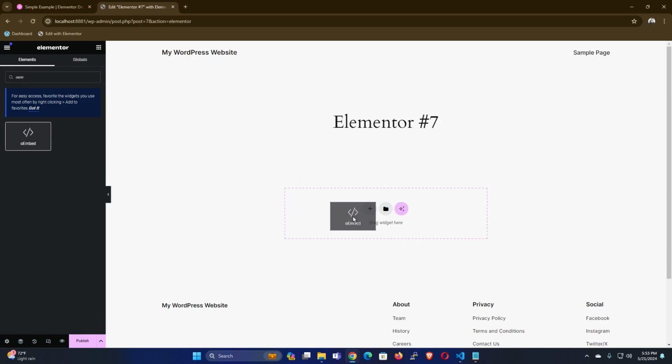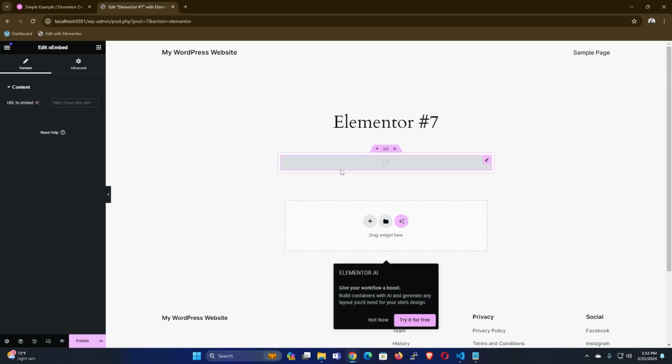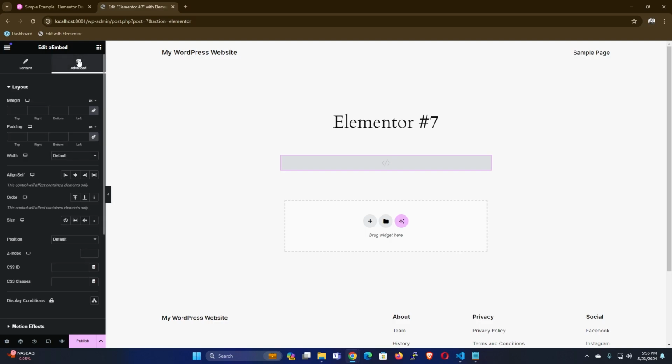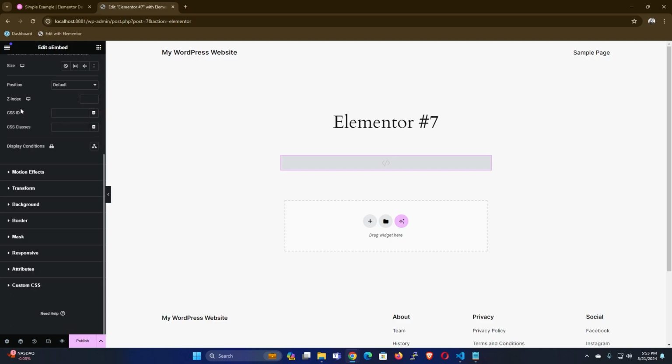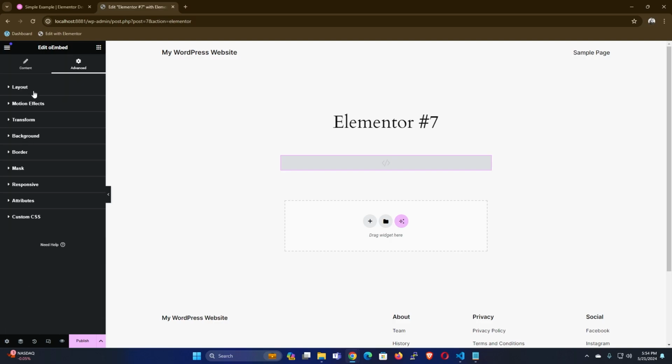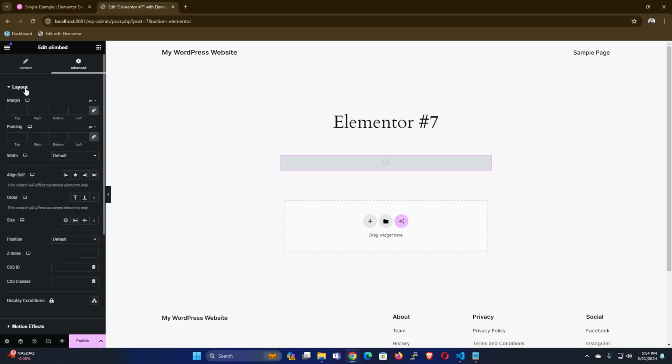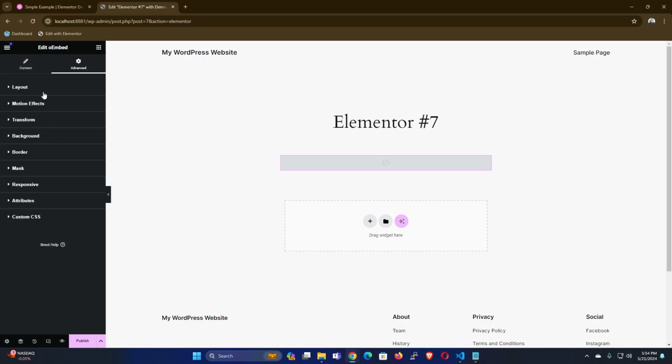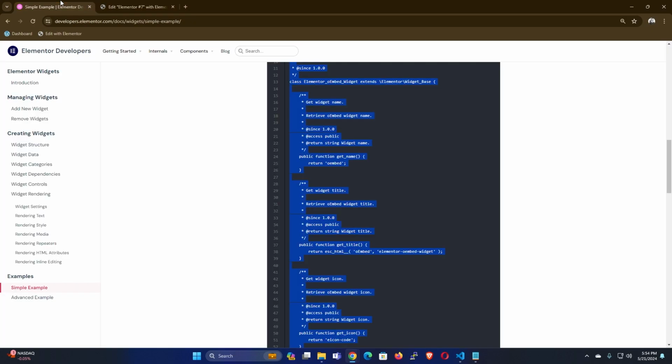When I drop it, this is the widget. I've not done the rendering or anything like that. So you see the advanced tab is already there fully. The reason is that Elementor loads it by default. So I'm going to show you how we can hide all this. For example, you don't need these sections. I've seen online you can use CSS, but that's not good. Elementor themselves recommend